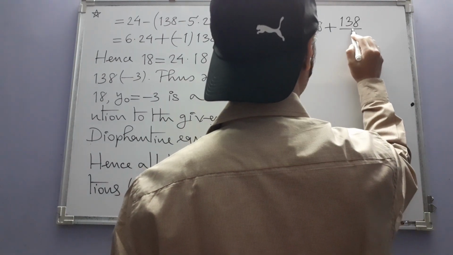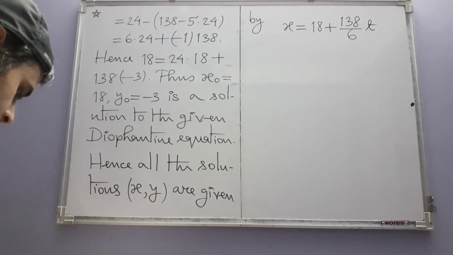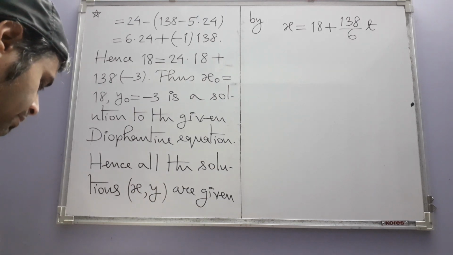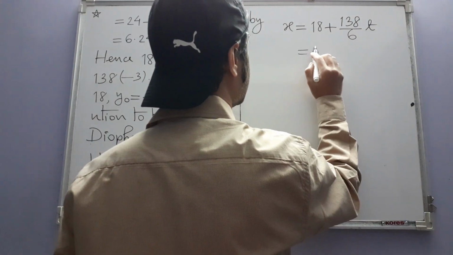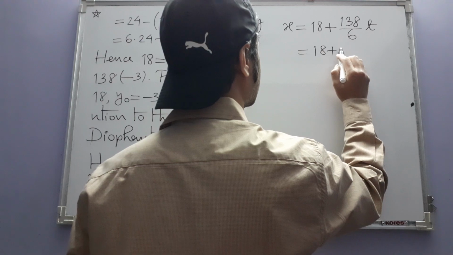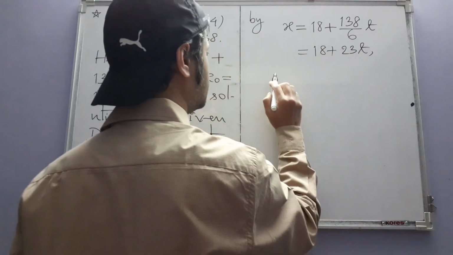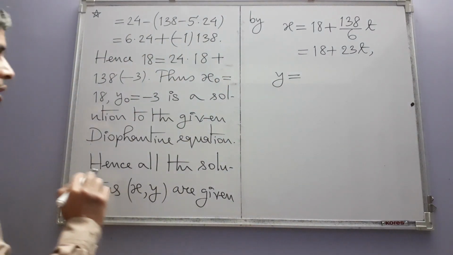Our d was 6. No? Yeah, I quickly forget everything. D is 6. So this is 18 plus 23 t, and y equal to y naught, y naught is minus 3